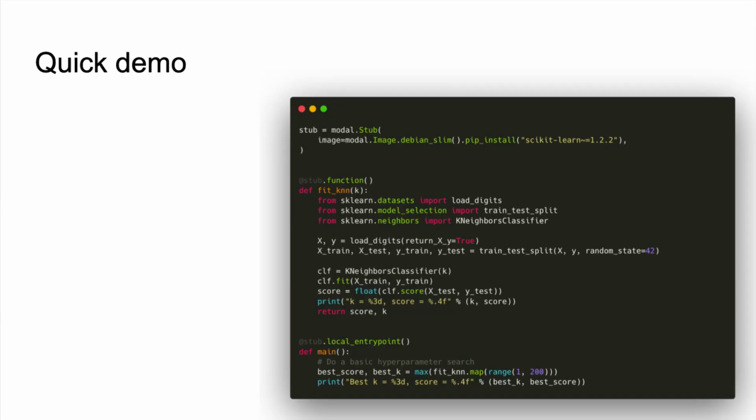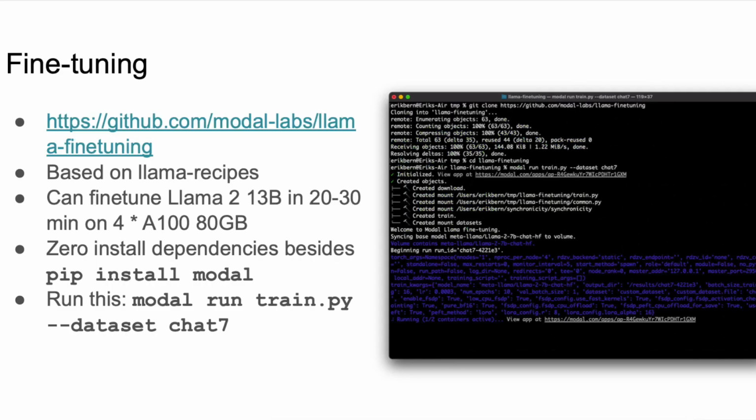The point of Modal is you can literally edit this code and launch it in the cloud in 2 seconds. It makes it very fast to deploy new code and iterate. And this is the sort of experience we always wanted to have: it feels like you're running things locally, as opposed to having to build a container, push it to the cloud, wait for 40 minutes, and then trigger it through a webhook. In Modal, it's all just code you work on locally.